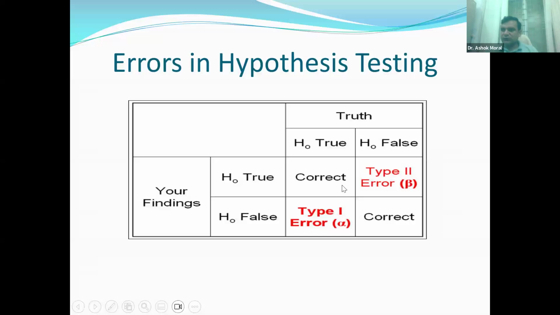We make two correct decisions out of four: two correct decisions and two false or wrong decisions. These false decisions are the type I error and the type II error. The probability of type I error is denoted as alpha, that is the level of significance, and the probability of type II error is beta. I am not going into too much detail because I think you have the idea about the concept of inferential statistics. I am just moving forward to